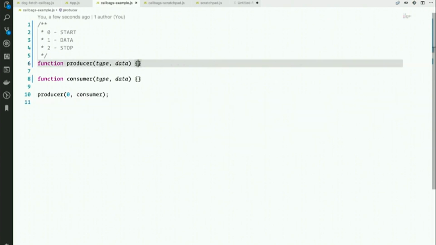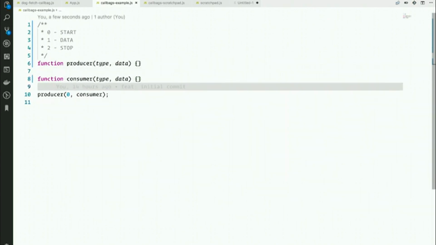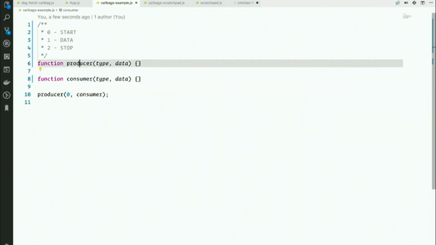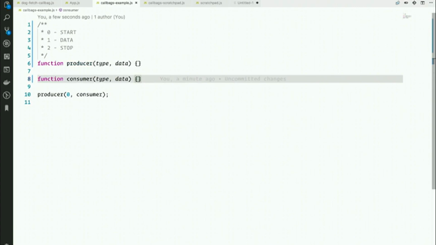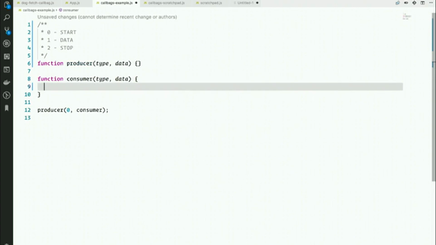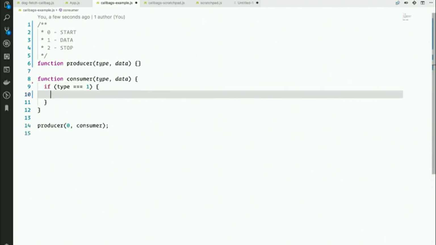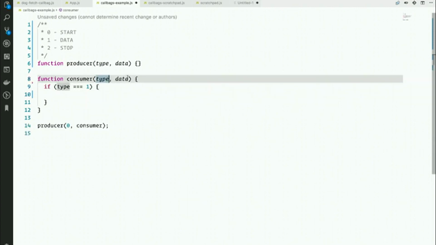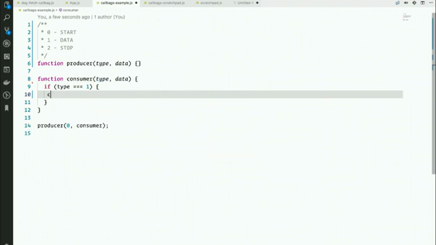Thanks. All right. So we have our producer that's sending a start message to the consumer. So let's write a producer and consumer that does this. So the consumer, we talked about our contract. It's already sending the 0. It's either going to get back a 1 or a 2, frankly. So let's just do if type equals 1, and let's just say for the sake of our example, on type equals 1, the data is data that you want to work with. So we'll just put a console log, we'll just put value and data,